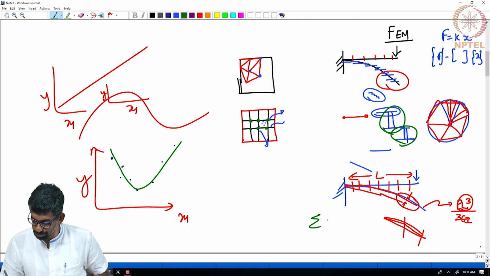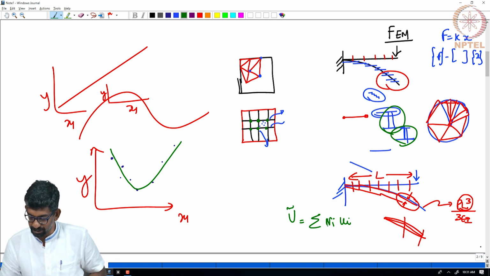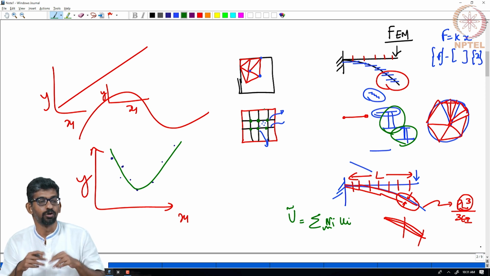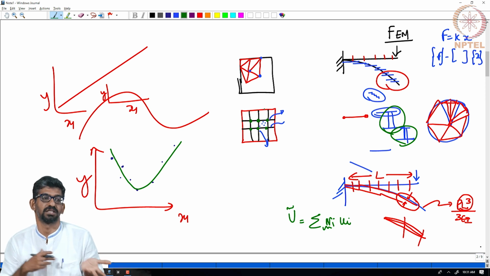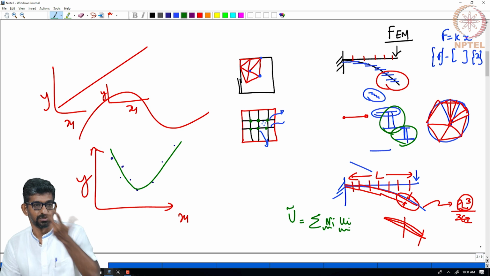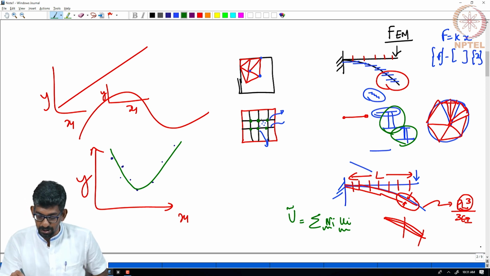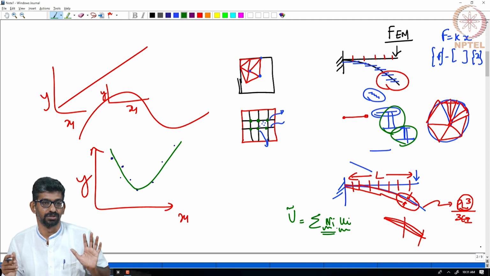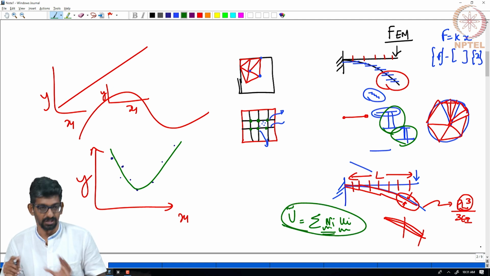What we do is usually we write it like this, N_i u_i. u is the displacement, N_i means it is the shape function. Shape function is the interpolation function for each of these, that is all. How you are going to interpolate? It is in a linear sense or in a quadratic sense, whatever. u_i is the displacement at each of the nodes, that is all. So, once you find the nodal displacements, it is only a linear superposition, and this holds good.